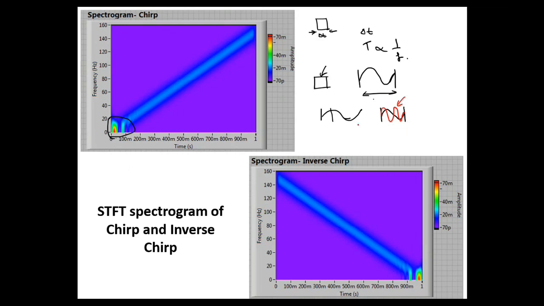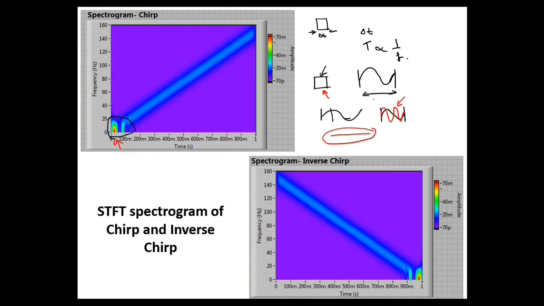Whereas when you go towards the low frequency, especially if you go towards the DC frequency, it would be a straight line, and it has a time period of capital T tending to infinity. So low frequency components will not be properly analyzed by this short time window which is being created by the short time Fourier transform. And due to this, you will find some problem in the low frequency region. And this is one of the important parameters.